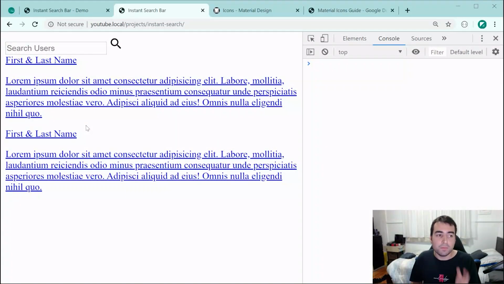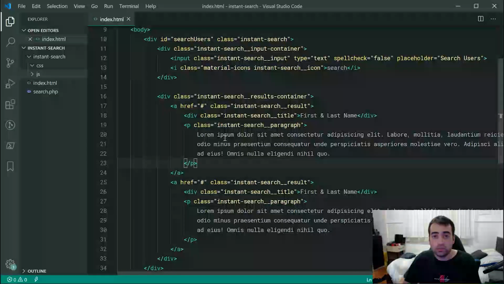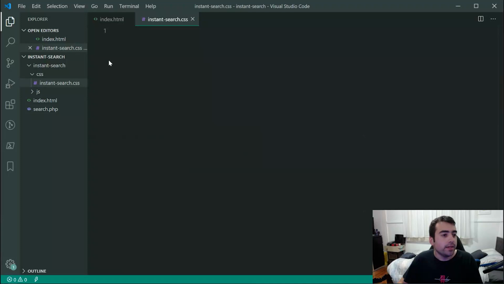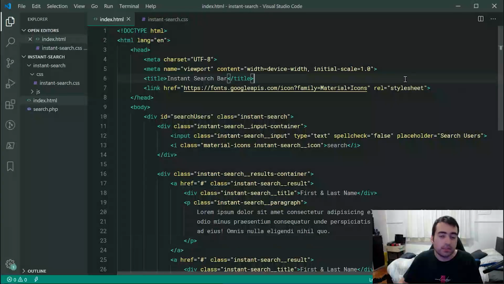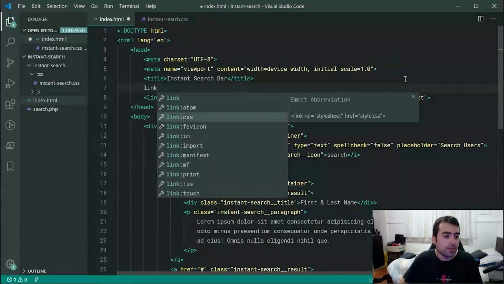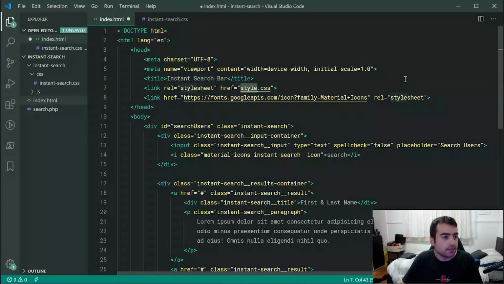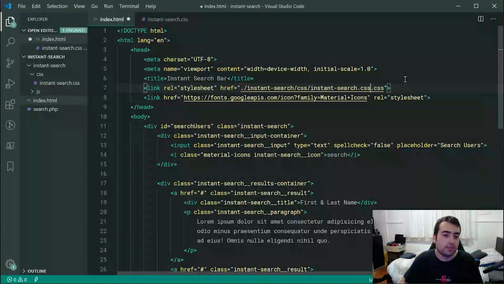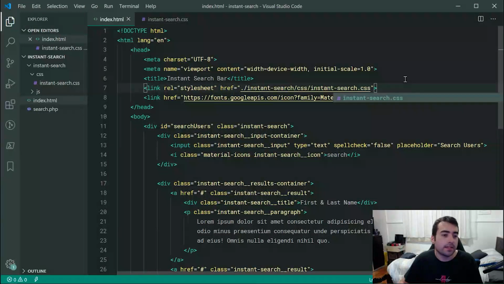Okay, so now we are ready to move on to the CSS for the instant search bar. So inside the CSS directory, let's make a new file called instant-search.css. Okay, we can of course then just include that CSS file just up here. So link for CSS, instant-search.css. Okay,